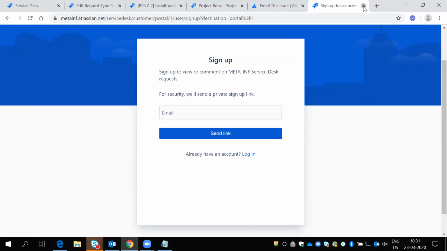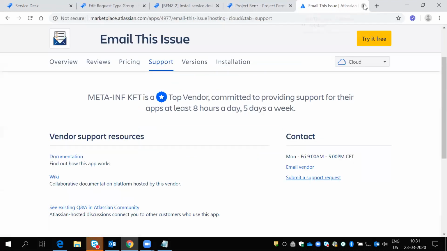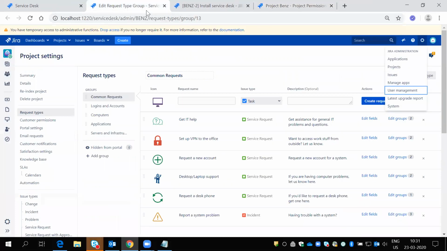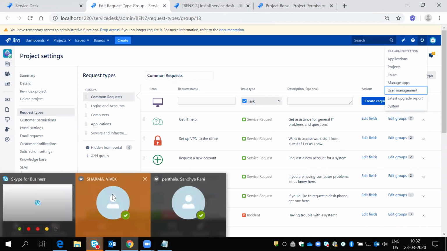So within organizations as well, the people who need to work on the tickets are counted as agents, and the people who need to raise a request are counted as